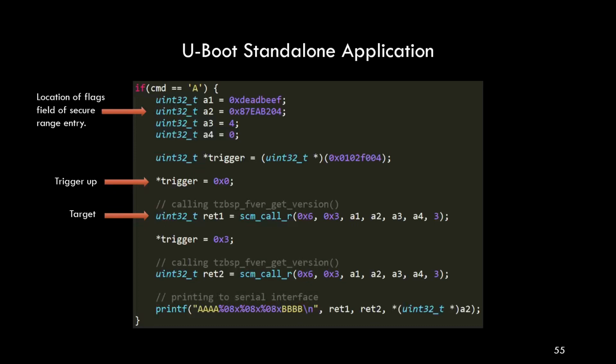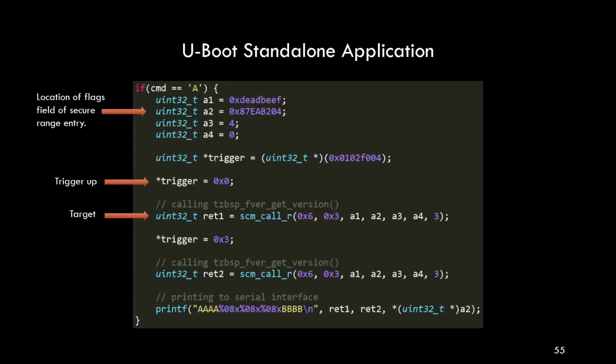Of course this is not possible because we cannot write to this address from U-boot directly, because it is actually a secure memory range and the MMU prevents us from writing to that particular location. So this is exactly what we want to bypass within the SMC call itself: to change the intended behavior of the check that prevents us from writing to this address using this SMC call.